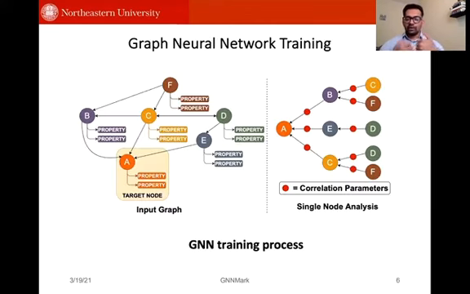Now, coming to take a look at how graph neural network training occurs. Let's say we have a graph which has different nodes which are labeled as A, B, C, etc. And the properties are the different features. What happens during graph neural network training is that we are trying to learn how A relates to the rest of the graph. The process happens through mainly 2 steps, which are called aggregation and update.